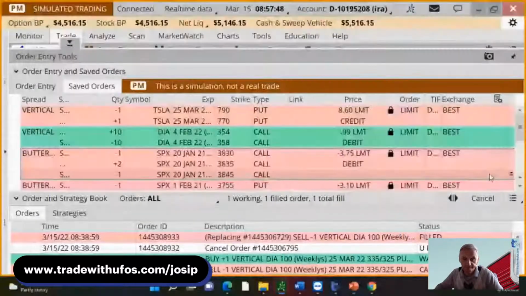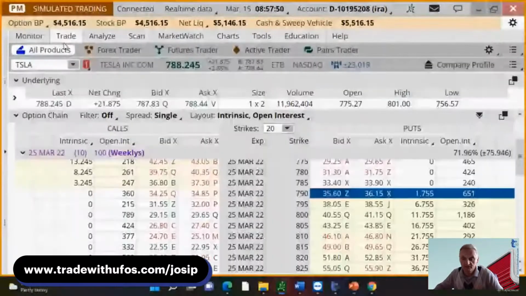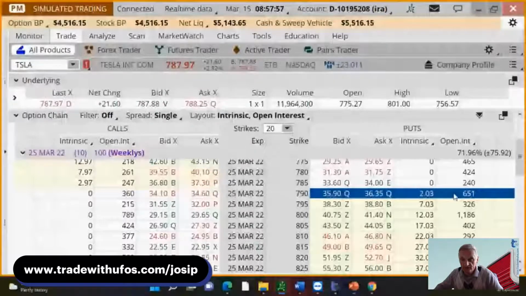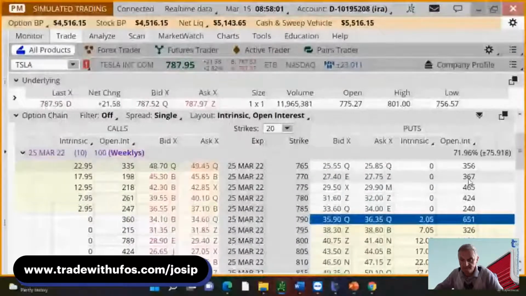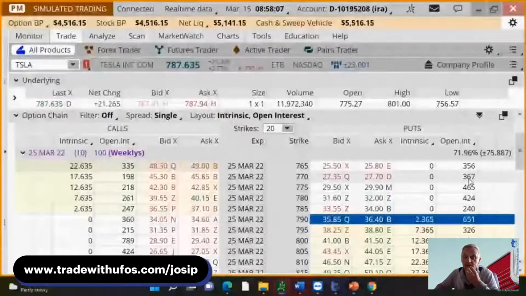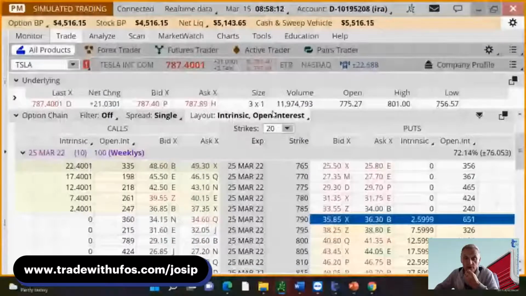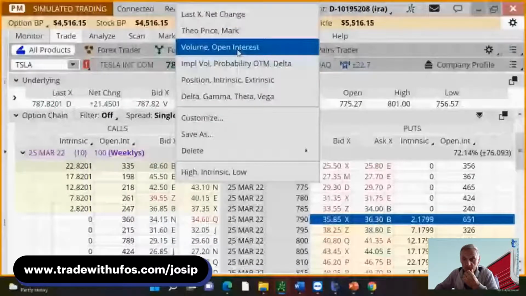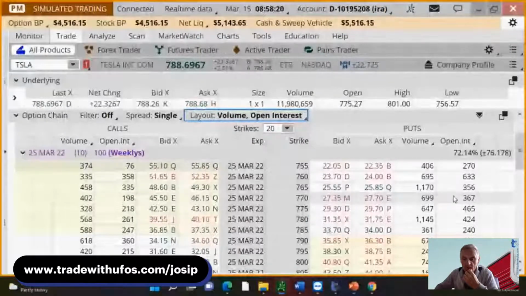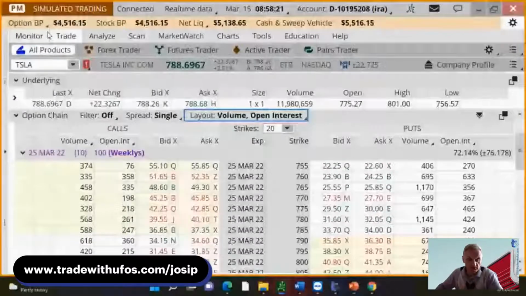So I'm going to save this. Yes, there's a piece that I didn't do. I did not check the open interest. So here's open interest on the one contract. I need to also look at open interest on another contract. Interesting. I can actually reduce this to maybe this one. Well, let's add the volume too. So we'll see which one. Oh, okay. You know what? I'm going to keep it at 770. It's good enough.